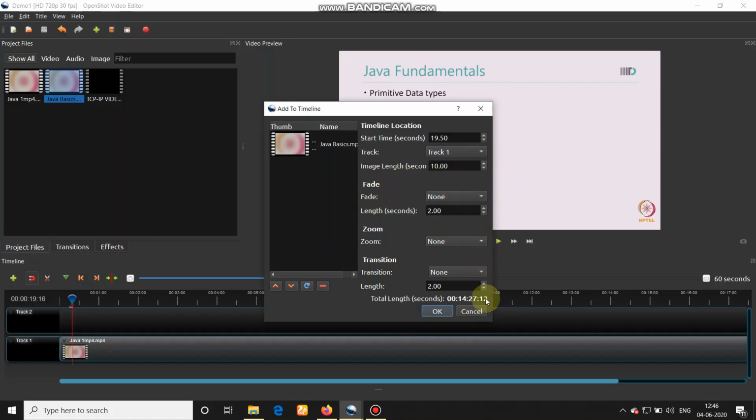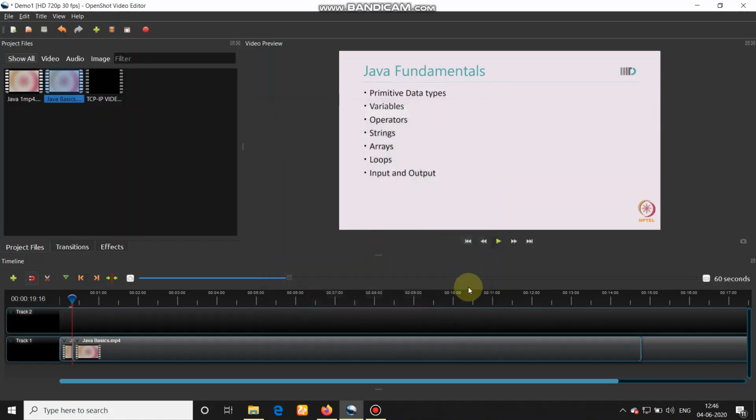The rest of the contents will be as it is, so there is no need for change. Click on OK. So you will find the second clip has come on the first track, over the first clip.